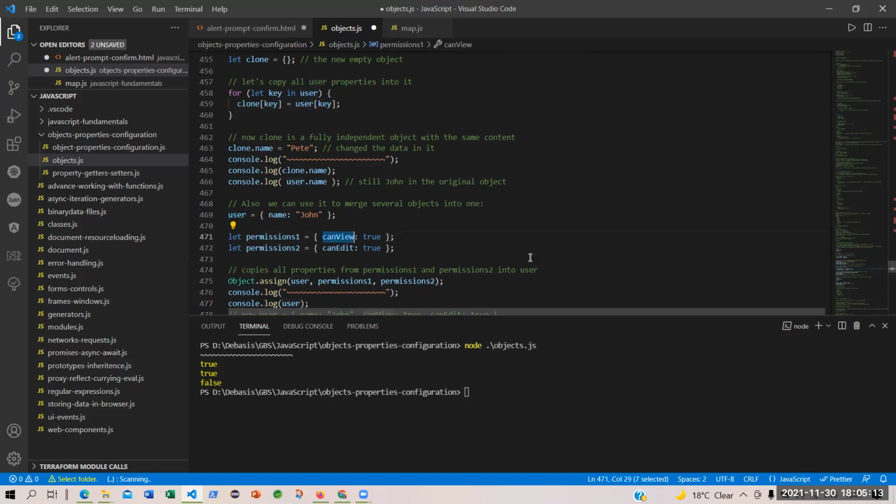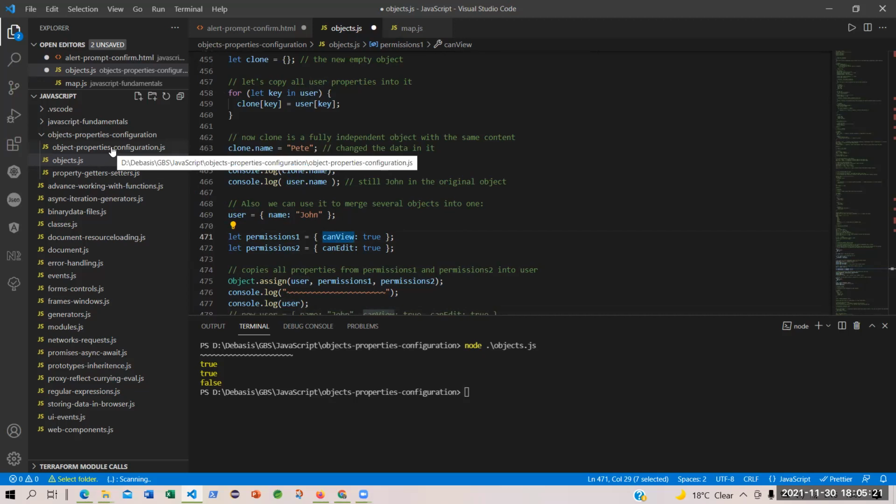So I will give a property. We will come to a very important topic like object properties and configurations. How will you have the properties like in a table, you are given a permission to just read the rows. You cannot add, edit, or delete. So you have a properties configuration. You can change because table is after all an object. Do you agree? It will have rows and columns. So it's a collection object.